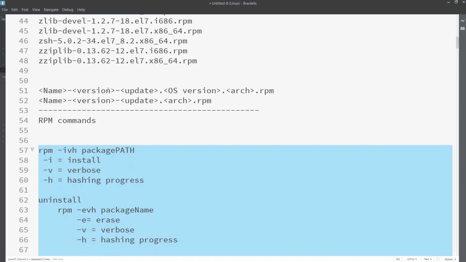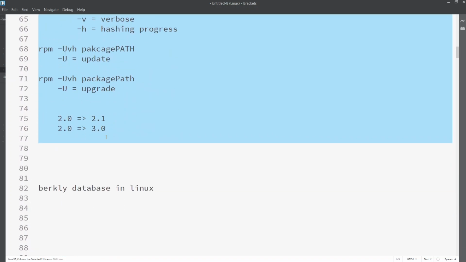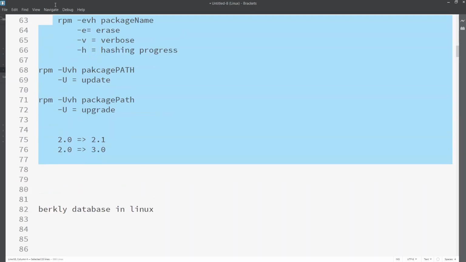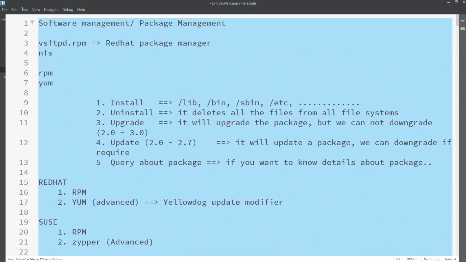The in-depth rpm commands we'll discuss later, maybe in the next video.